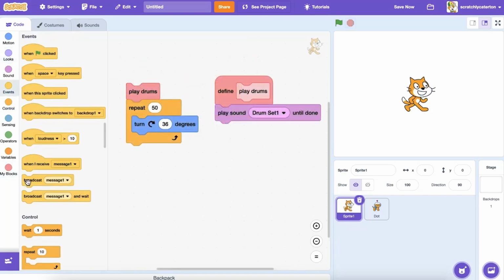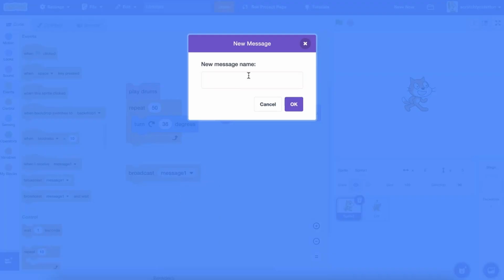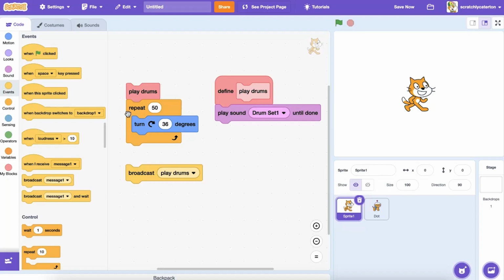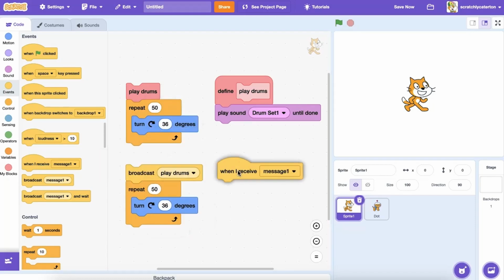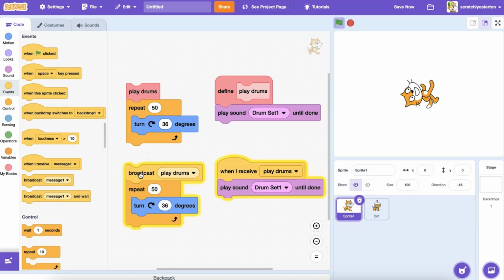When you use broadcast in your program, the program sends the message and then proceeds with the next steps in the program. So code sequences may run simultaneously. Let's see the difference when I use broadcast. Notice the spin is happening while the code to play the sound is running, because the program sent the message